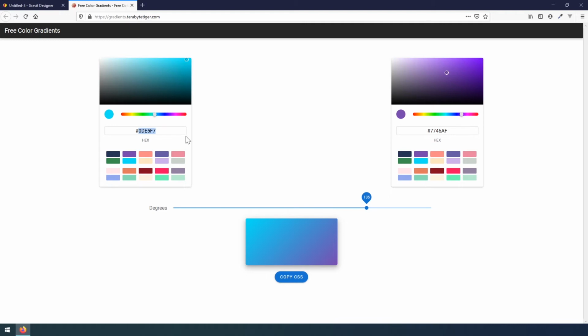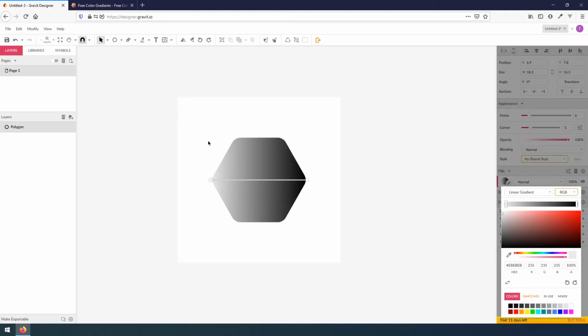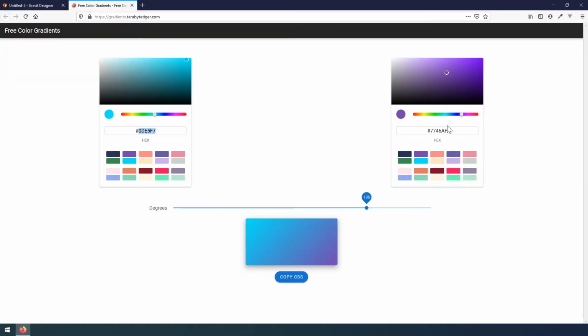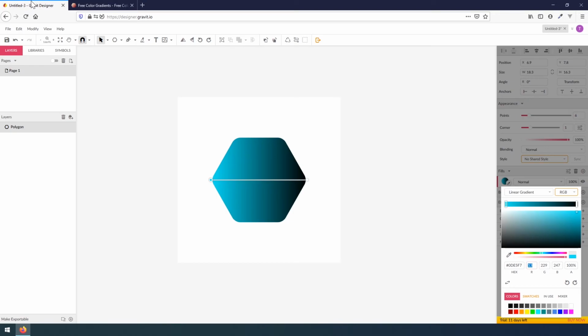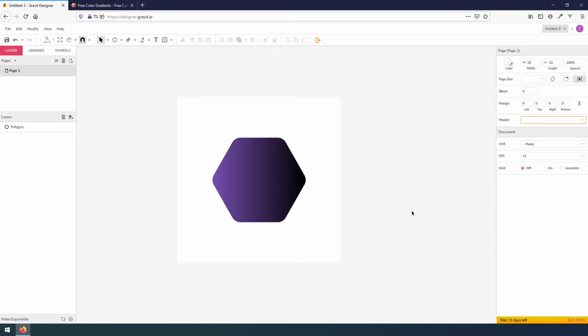We're going to Control C, copy that, pop back over to Gravit, and here under the hex we're going to Control V, paste that in, and now when we tab off, we're going to see our blue color show up. Then we're going to head back, grab our purple color, Control C, copy it. So now we need to change the other point's color, not the blue one. Right now, if we enter this here, tab off, it's going to change the blue color to the purple, and then we're still stuck with the black on the other side. So if we undo that,